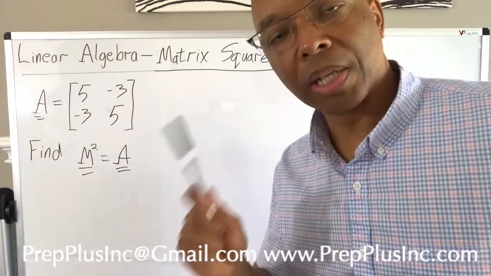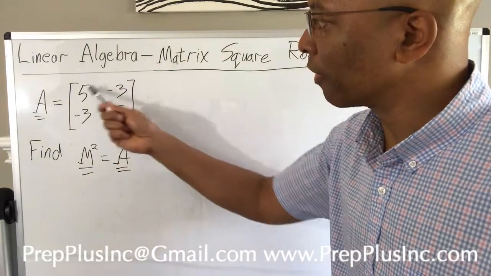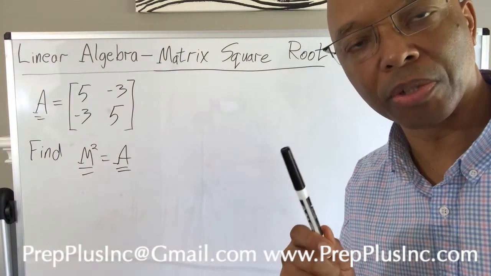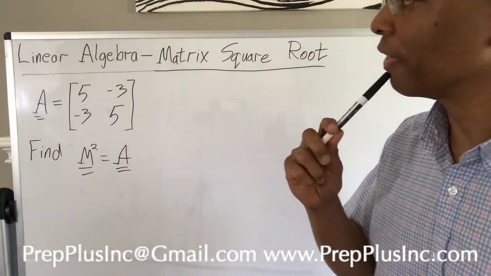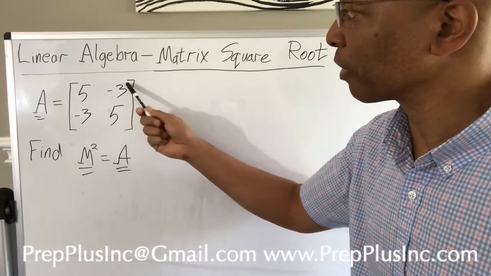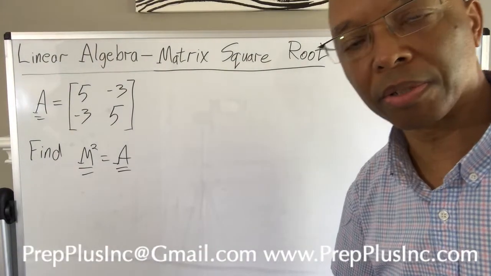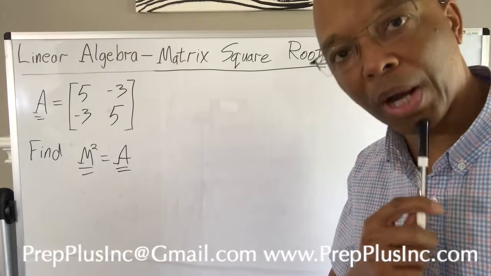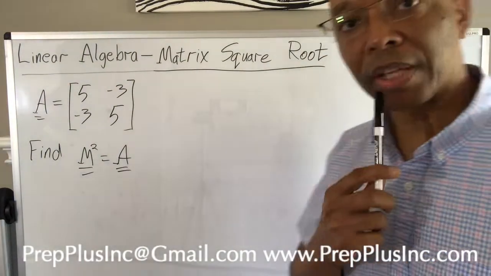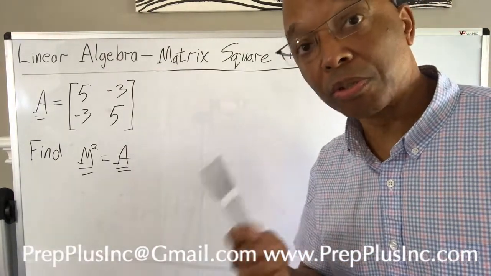First of all, we look at this matrix A and we say, well, all the elements are real, so that's important to notice. We also notice that it is symmetric. These two elements are the same across the diagonal of the matrix. So this is a real symmetric matrix, so it also has real eigenvalues. If all of these things are true, then the solution is